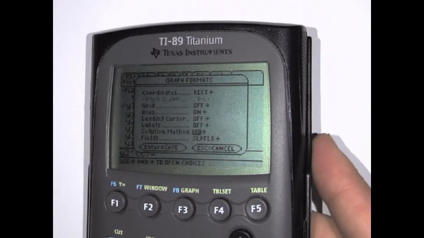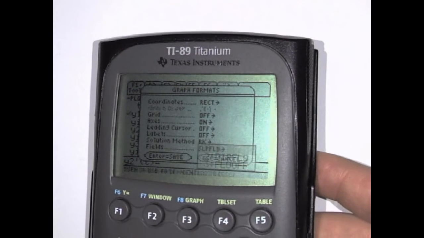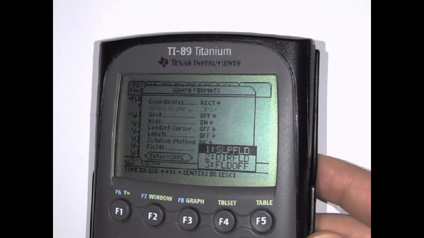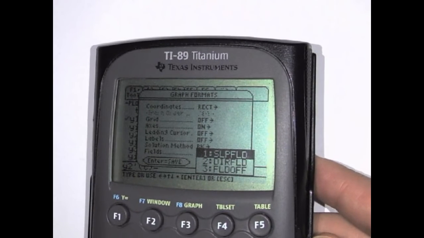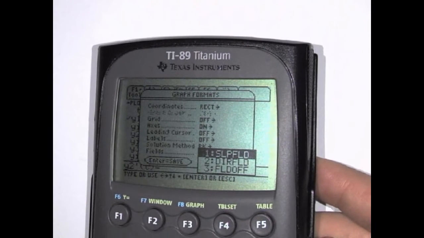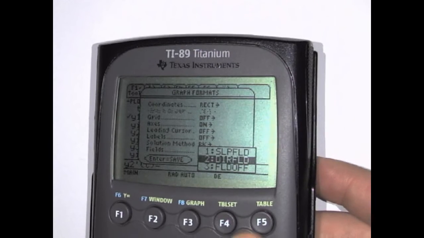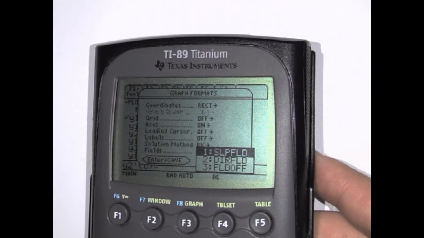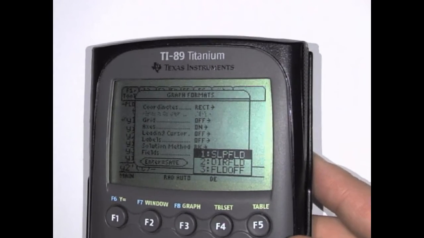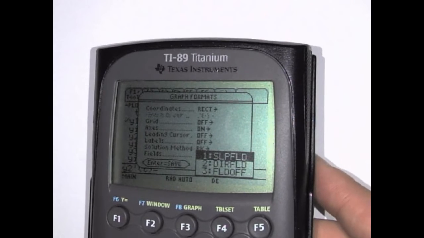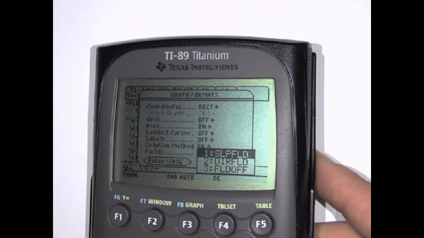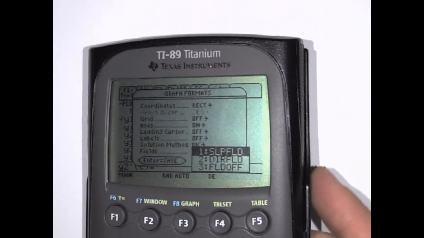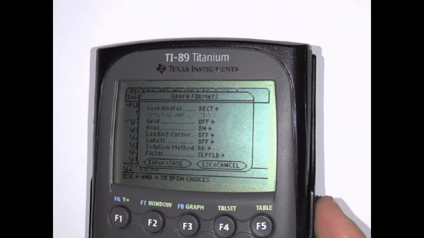but we can just say the Runge-Kutta. And then for fields here, we have two options. Slope field, which is what we use if it's a single differential equation, or if what we're talking about is a system of differential equations, then we can have a direction field instead. So remember, sometimes direction field is used as a synonym for slope field. However, it is more specifically used for systems than for single differential equations. So there's that. Okay. Now, put it on slope field, because we're only talking about a single differential equation here,